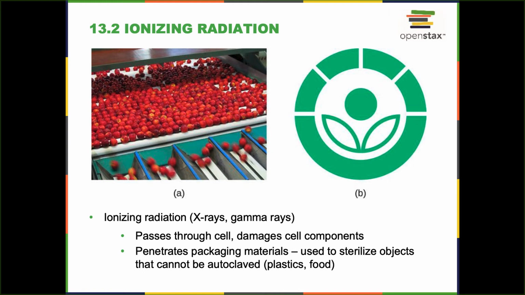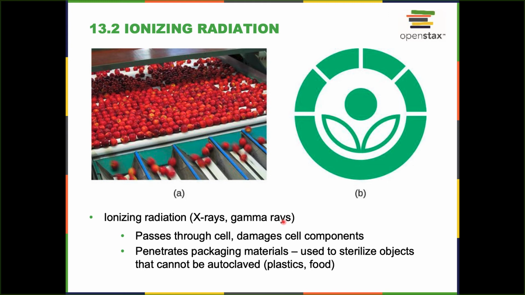So it passes through cells, really destroys their DNA and their membranes. Super short wavelength kind of stuff, right? So we're familiar with them as X-rays. What do X-rays do? Well, we use them to take pictures of inside of us, right? So again, deeply penetrating. Gamma rays typically is what's used to sterilize things like stuff that doesn't really autoclave very